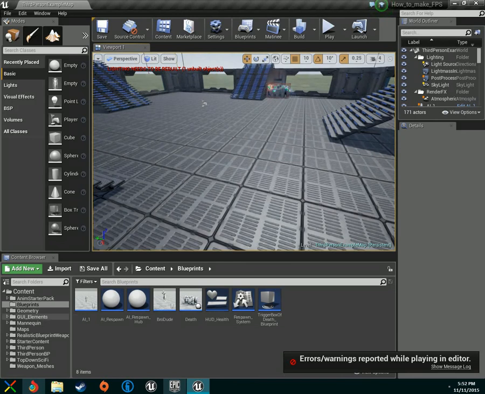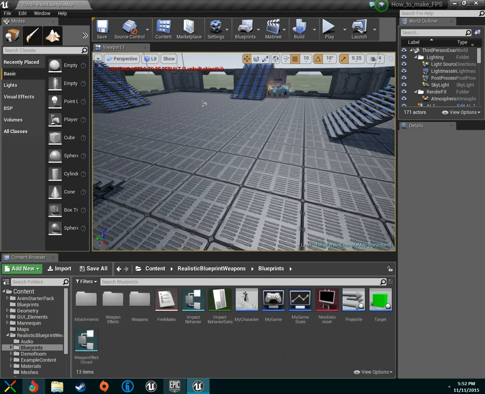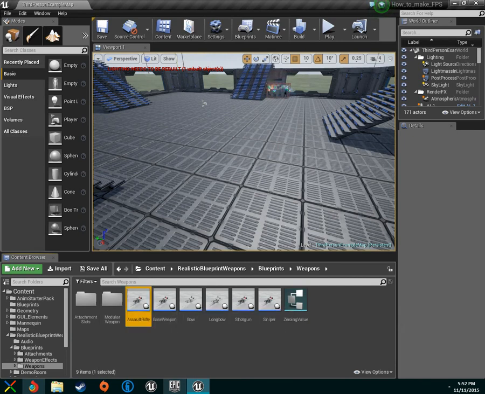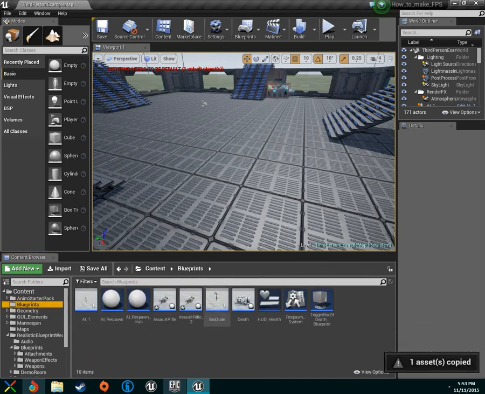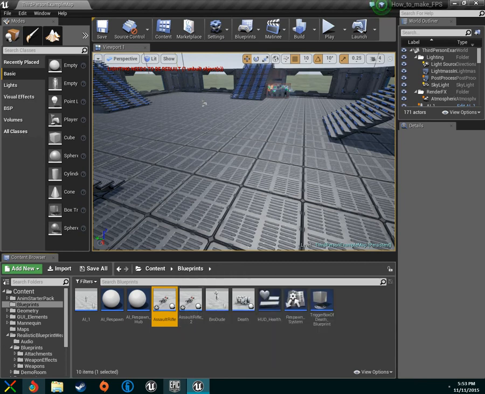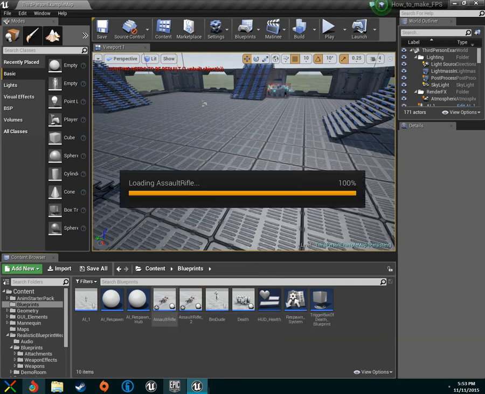So I believe we'll have to duplicate our blueprints. Let's take our weapons, and we're using the assault rifle. So we'll copy and copy, because I think we're going to do two different ones. So we'll name this, yeah, we'll just have that normal. And so what we'll have here